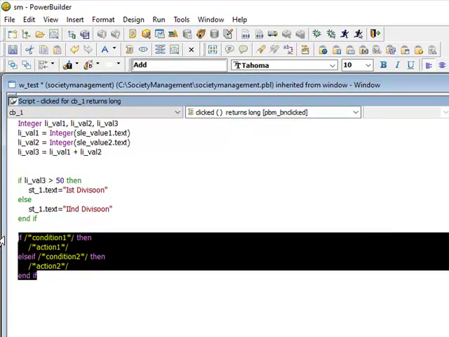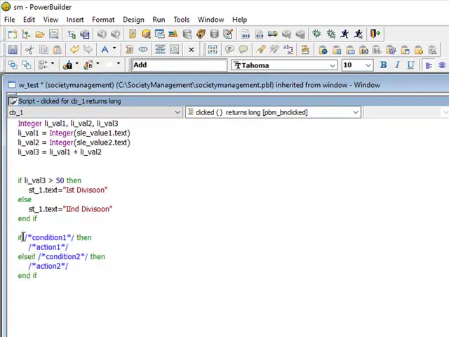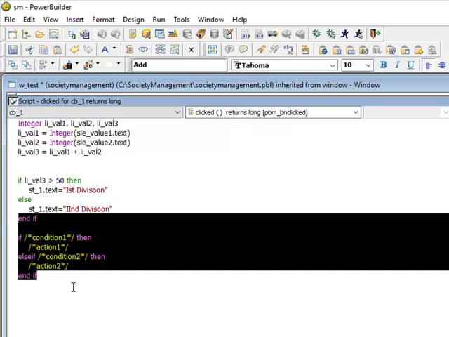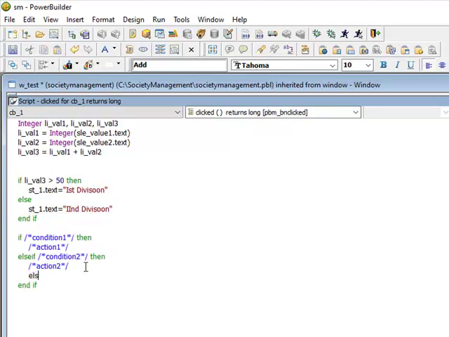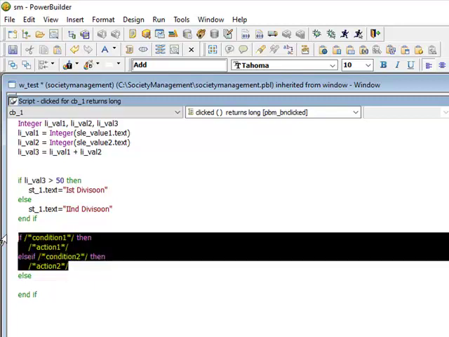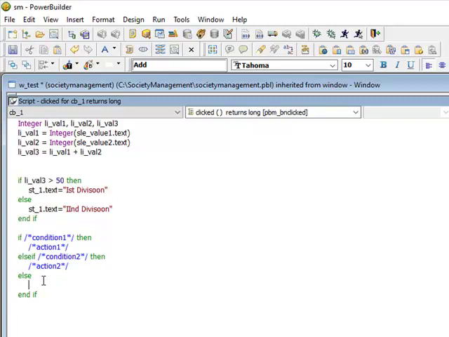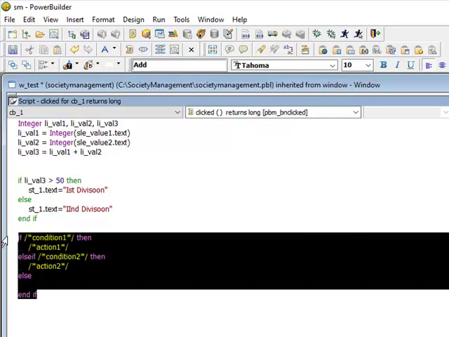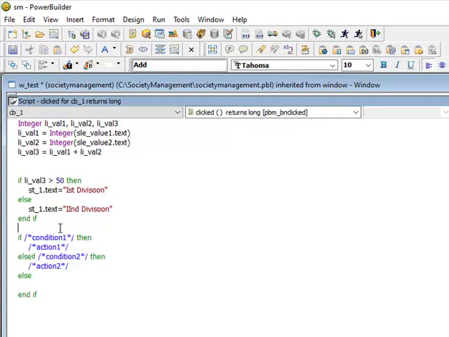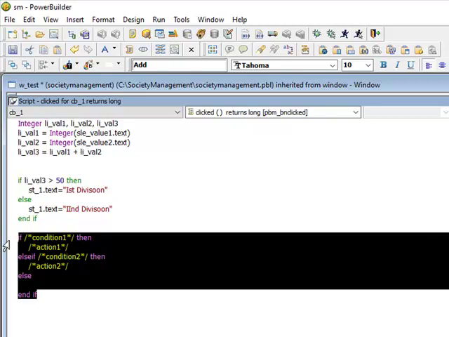Only one condition will be executed. If it is not true, then it will go here. If that is not true, then it will not execute any. So what you can do is add one more, the default condition. If these two conditions fail, then it will execute this one. So this is if-then-else, right? So you got to know the conditions also.